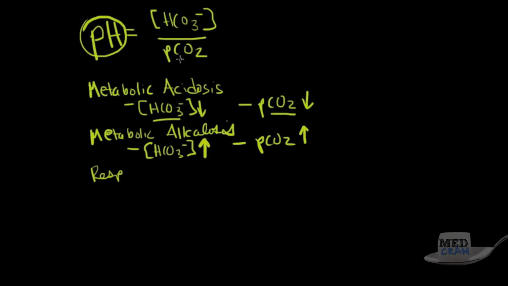Okay, let's talk about a respiratory acidosis. In a respiratory acidosis, what's going to occur? The PCO2 is going to go up. That's a respiratory acidosis. So what's going to happen to the bicarb? This is the tricky point, because there's actually going to be two conditions. Because the PCO2 can go up almost immediately, and specifically because the bicarb takes days to fully compensate, you're going